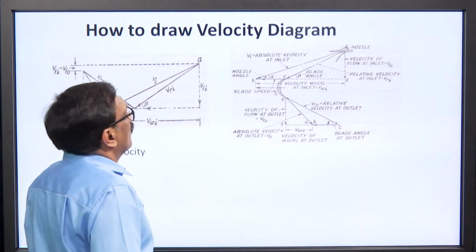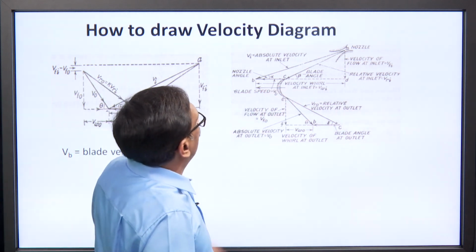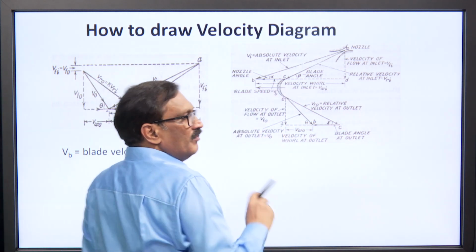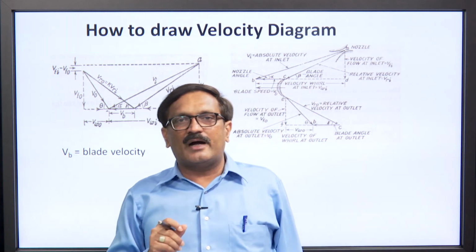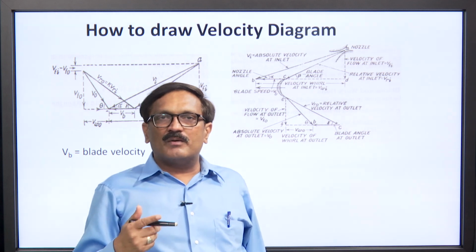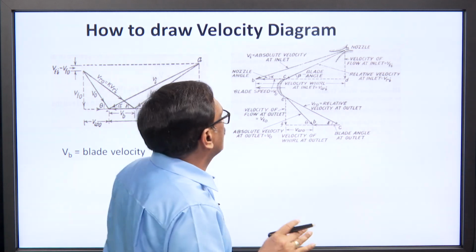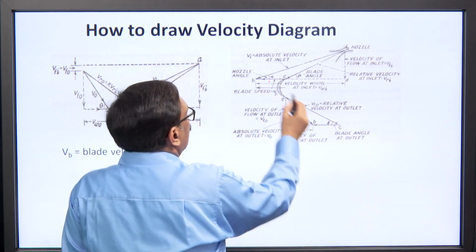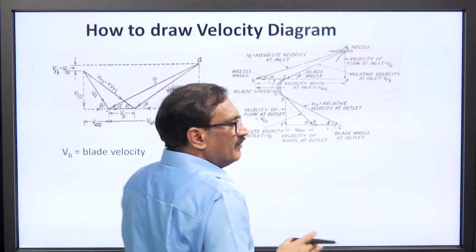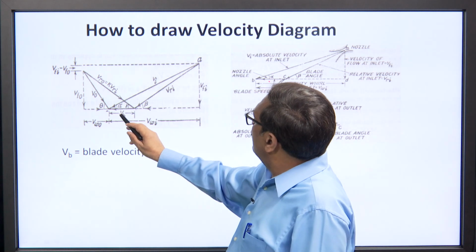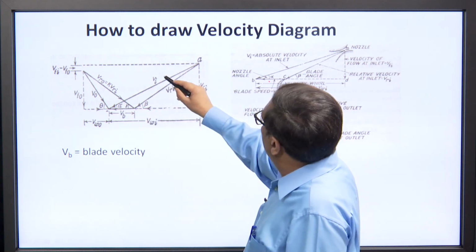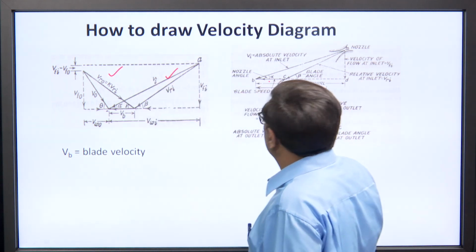Here, how will we draw the velocity diagram? Here we can see one thing: whether at the inlet or the outlet, blade velocity is the same, because it is the tangential velocity of the blade at the mean height, and it depends upon the diameter of the blade and the RPM of the wheel, which is constant. So, blade velocity Vb is the same in both cases. So, we can club these two diagrams on a single base, that is the Vb as the base. This is the inlet velocity diagram and this is the outlet velocity diagram.